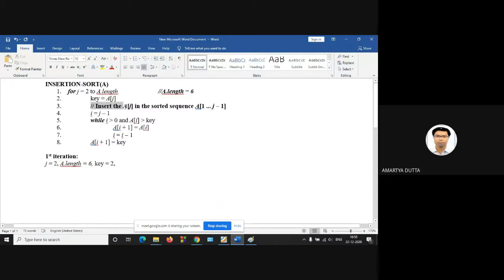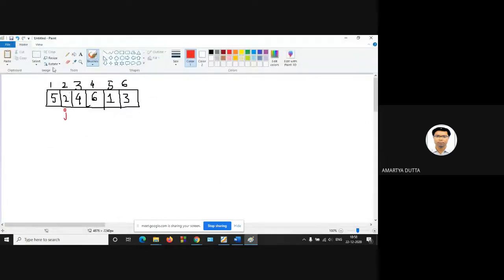Now insert A of J in the sorted sequence, A1 through A of J minus 1. It is assumed that this range is sorted.